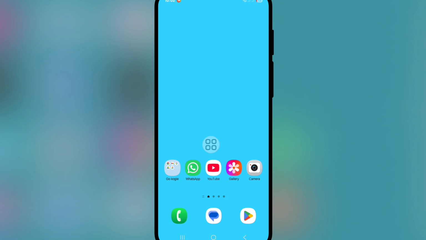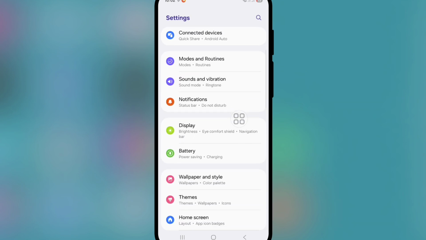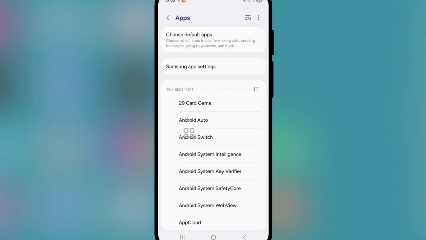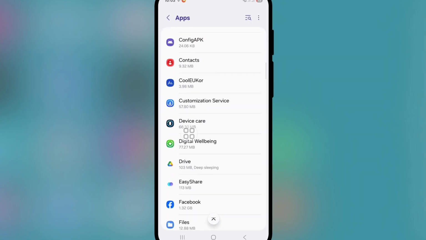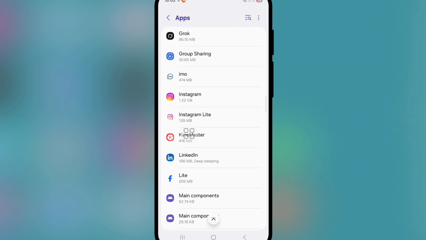For fixing this problem, first of all, go to settings option, and then go to apps or apps management option. Now find Instagram from the app list. Click on Instagram